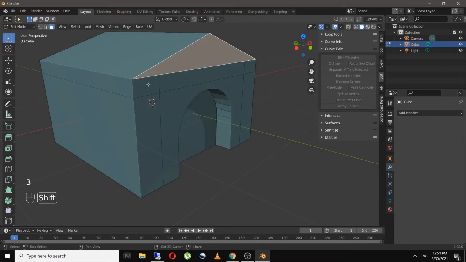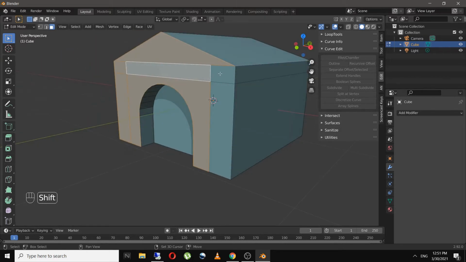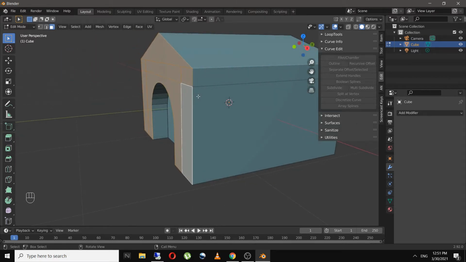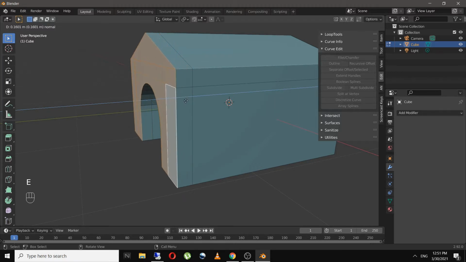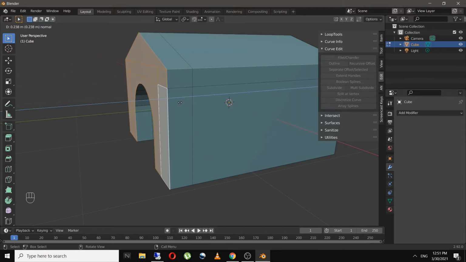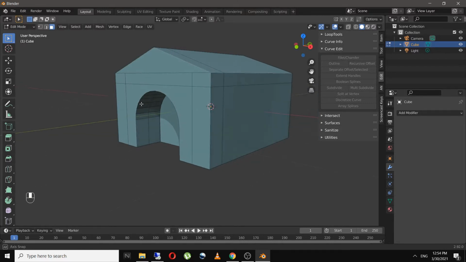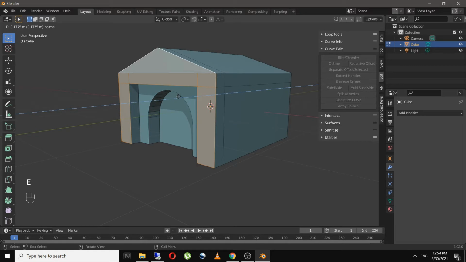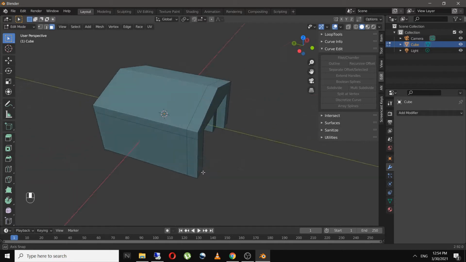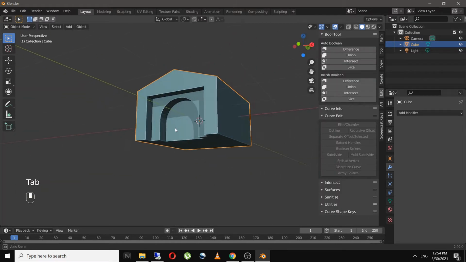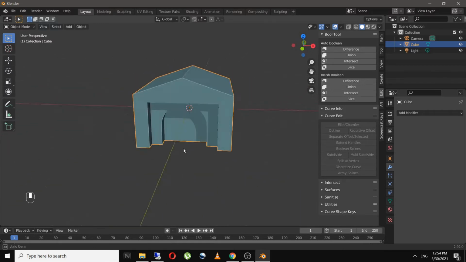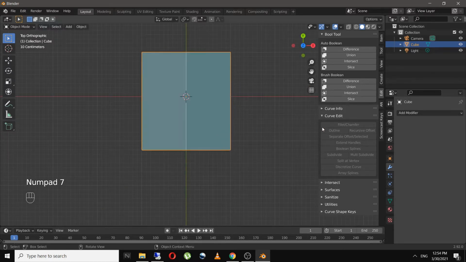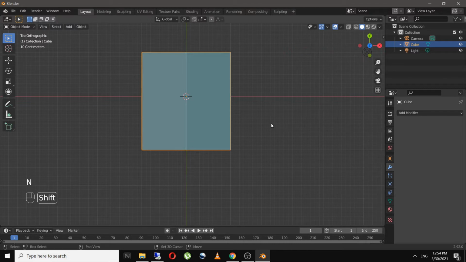And in edit mode, I'll go to face mode and select all these faces and extrude it just like this, or I'll Control Z, undo the changes and extrude just these faces. This looks better. So as you can see, we have an entrance for the station now, and I'm going to quickly save this file.